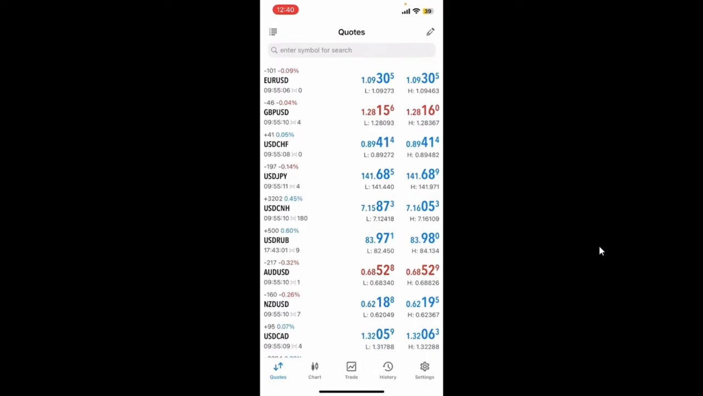Tap on Charts, add indicators like moving averages, relative strength index, and Bollinger Bands. Eighth is tracking performance. Check the History tab for a summary of your past trades. And then the last one is practicing with a demo account on MetaTrader 5, which is essential for mastering trading strategies